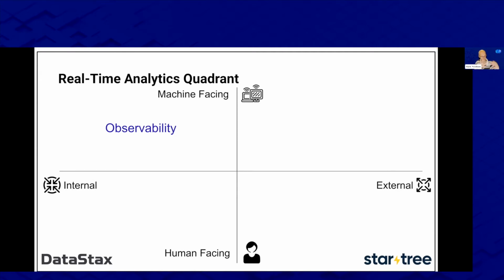It's like, hey, I'm getting some metrics on what's happening, and maybe it's being used by SREs in my team, for example. If we come down into the bottom quadrant, we've got the human-facing internal. So this is like inside a company, but I want to know what's happening now. Like I don't want to wait until tomorrow to know what happened. I want to know right now. So this is like the real-time dashboard space.